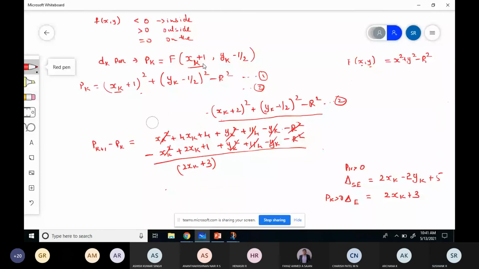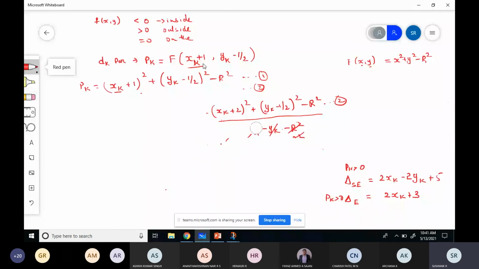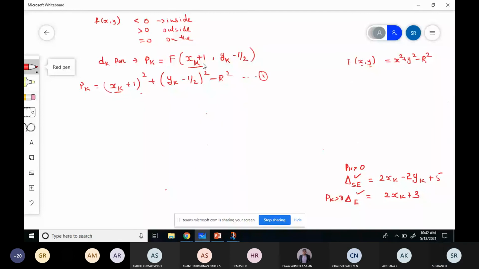Yes or no? So the same thing. One thing is you have to calculate pk and pk plus 1, but you should know how the values of x and y will change. When SC is chosen, x increases by 1, y decrements by 1. But when E is chosen, increase the value of x by 1, but keep y as it is. So in that way, you are getting these two formulas: when SC is chosen, what is the pk formula, and when E is chosen, what is the formula? So what is the initial formula? What is the initial parameter?